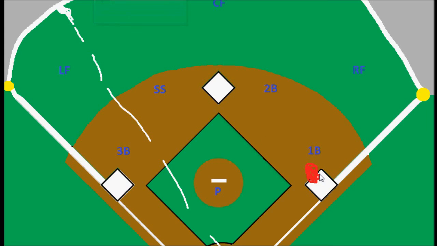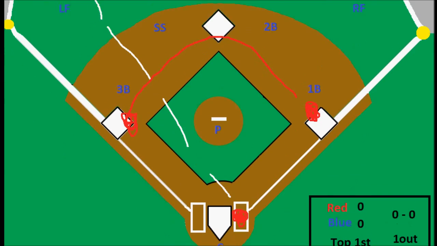So this runner is going to take off and he's going to start running, and he'll go to second, and if it's this deep, it's going to take a while for the left fielder to run out and get to it and then throw it back in. So let's say he keeps running, he goes the whole way, and he's standing on third now. And so while